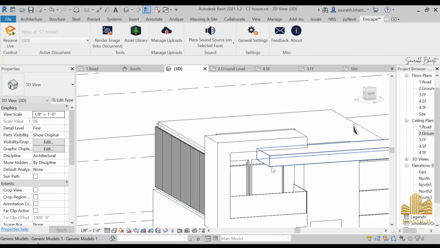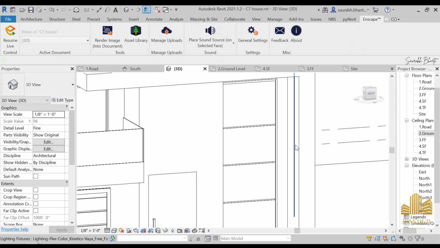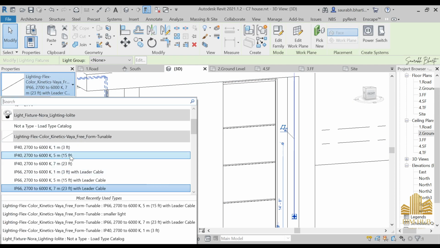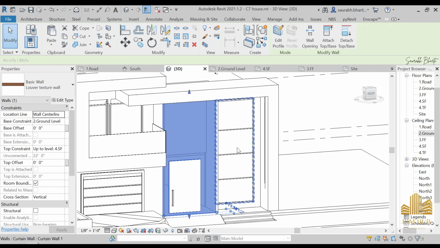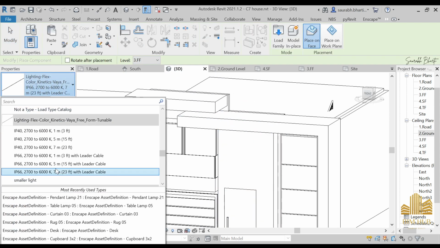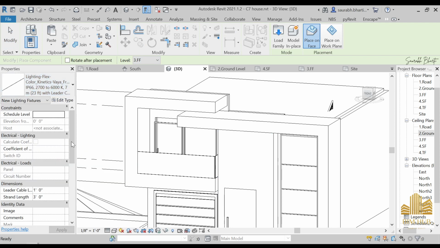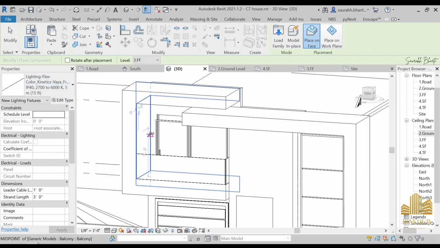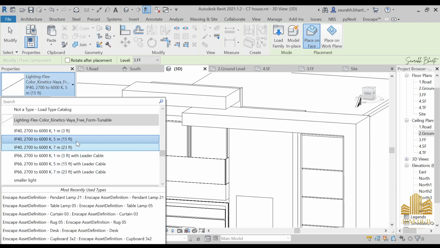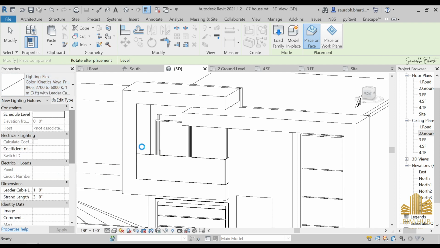Okay, go to hidden lines. Select this and here. Let's try to make a new lighting over here. So go to component, go to light. Here you can consider a 5-meter light. Let's see. It is a bit longer. 3 feet, 23 feet. I have this of 3 feet, so we are going to make this of 1,